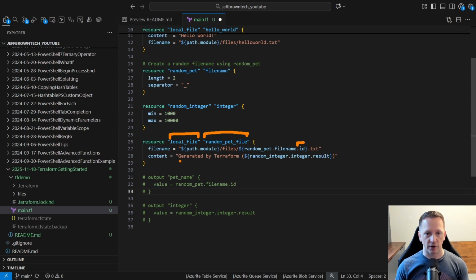And then the content of our file is going to be generated by Terraform. Again, we have a reference to another resource we created, the random integer. So we have random integer.integer, and then the result of that integer that it's creating. Now, one thing you can also